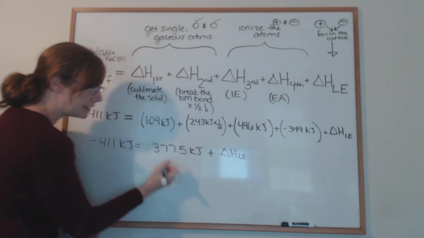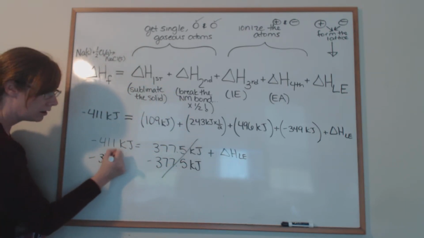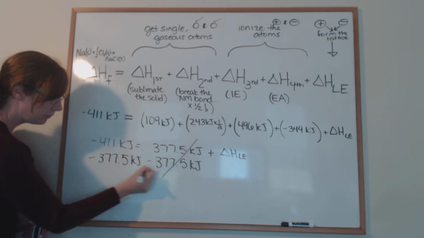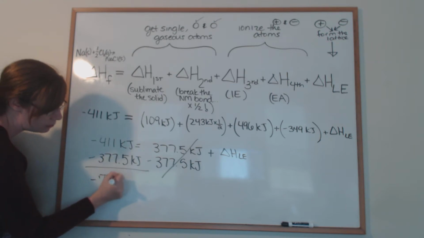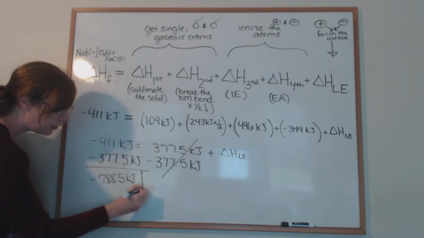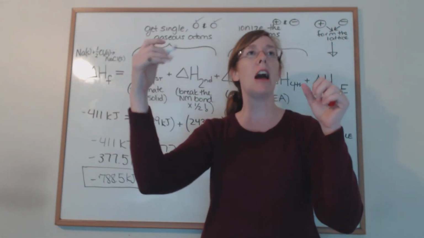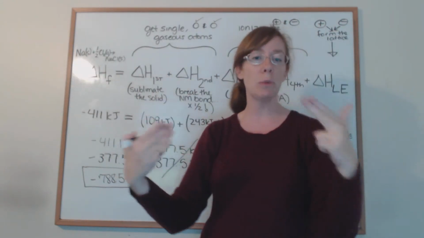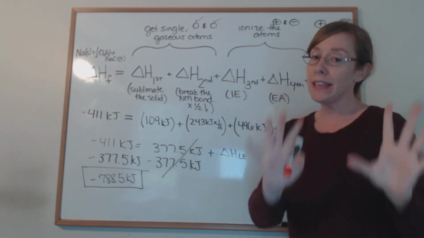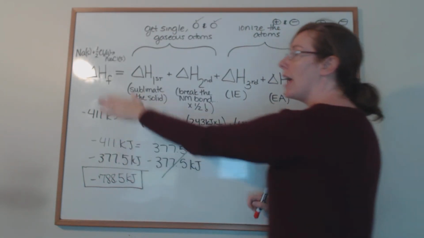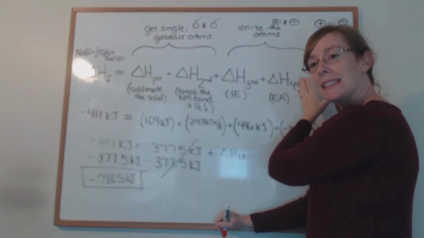And then if I'm solving for lattice energy, I'm just subtracting this from both sides. And when you do that, you will get negative 788.5 kilojoules, which is the correct answer for lattice energy, but I think your teacher is presenting them more from the opposite side of how much energy is required to break the bond. Just switch the sign. It's 788.5. But my point is that if on an exam you're given this type of question, and you follow this concept where you're setting the standard enthalpy of formation equal to the sum of these mini steps,